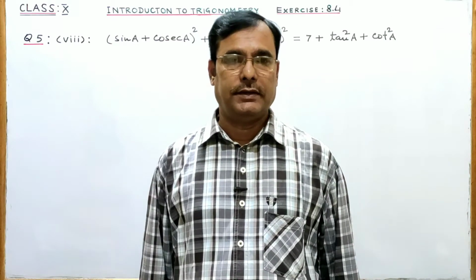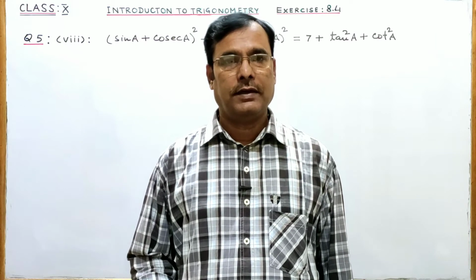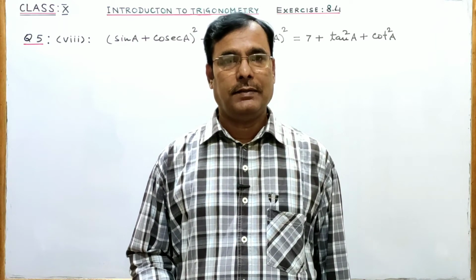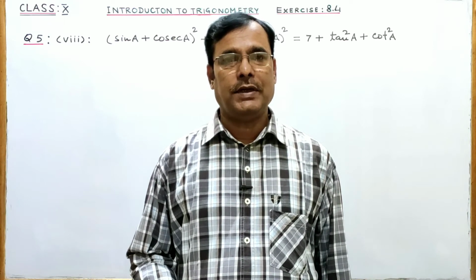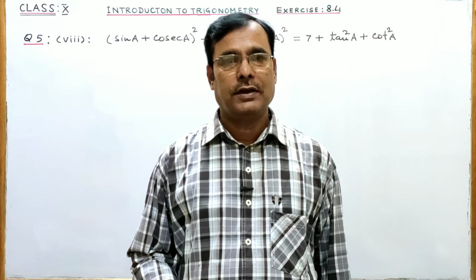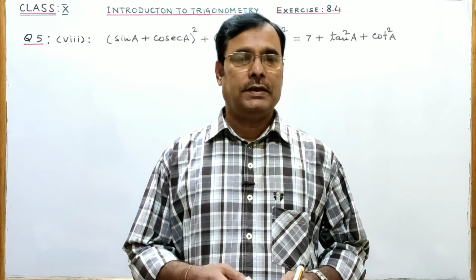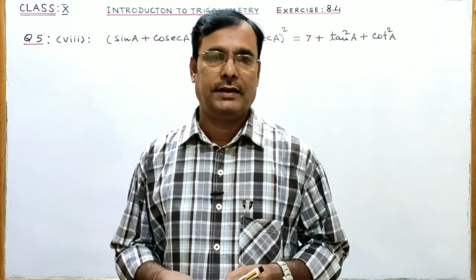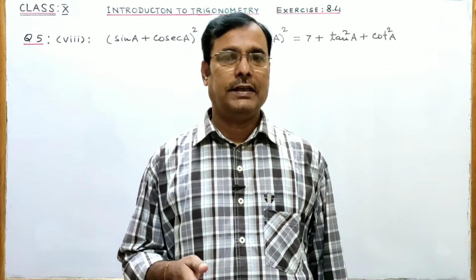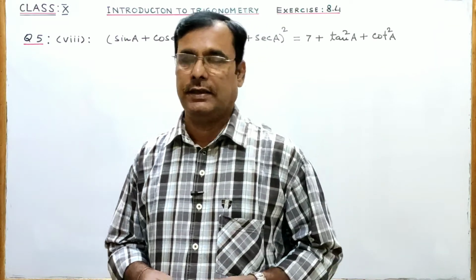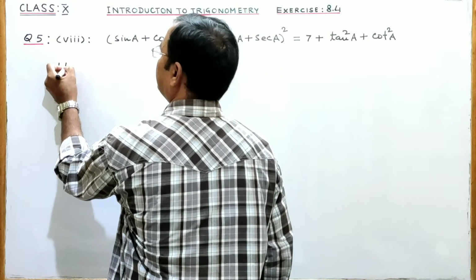Now 8th part. Prove that (sin A plus cosec A) whole square plus (cos A plus sec A) whole square equal to 7 plus tan square A plus cot square A. This identity will prove simplifying left hand side. So we will take left hand side and we will simplify it and then prove it equal to right hand side. So let us take left hand side